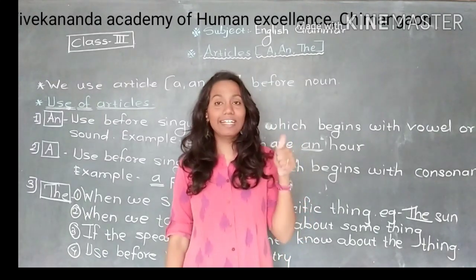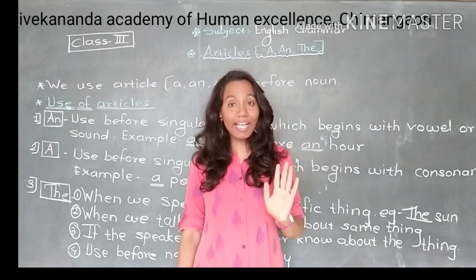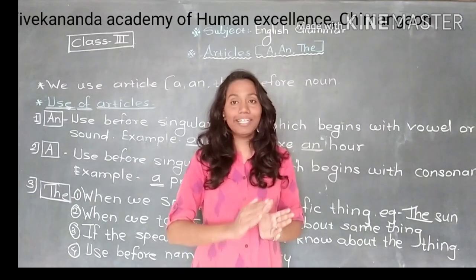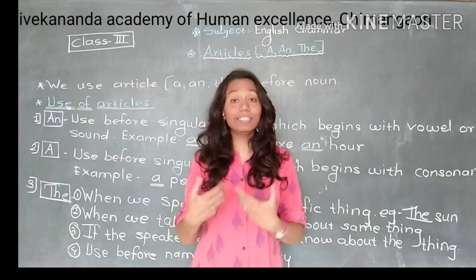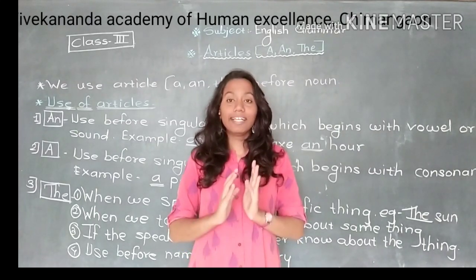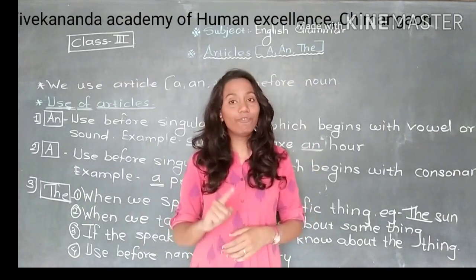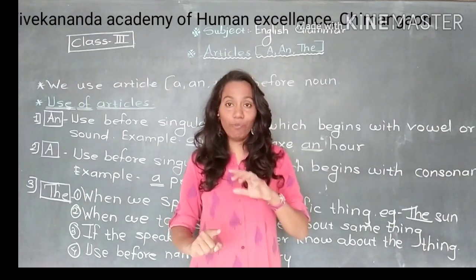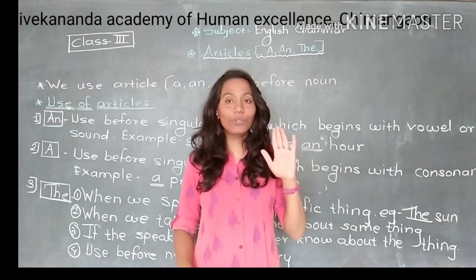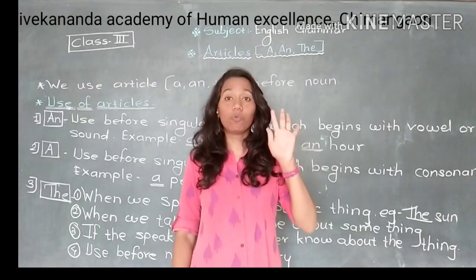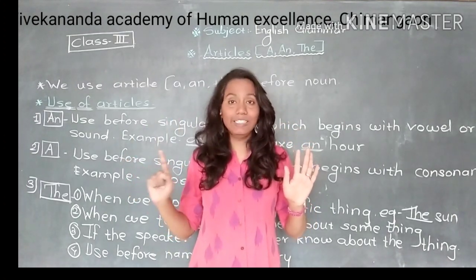Again I am repeating here: A, E, I, O, U. These 5 letters are vowels and all the remaining letters we call consonants. Again I am telling you, see what are consonants and vowels. In English, A to Z total alphabets are 26. But from these 26 alphabets, if we take out these 5, A, E, I, O, U, these 5 we call vowels. And all the remaining letters from that group we call consonants.